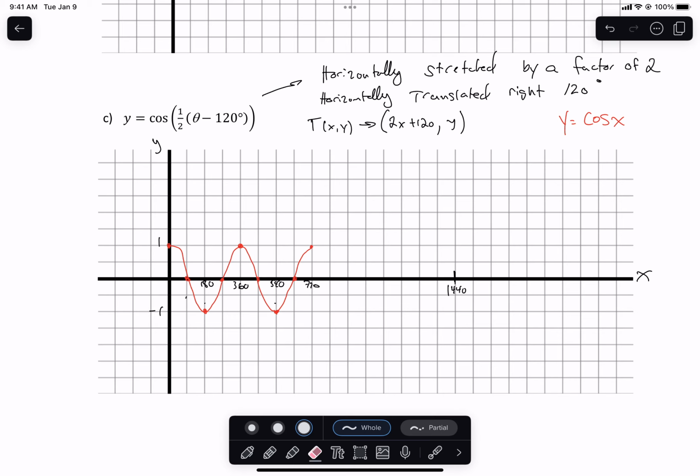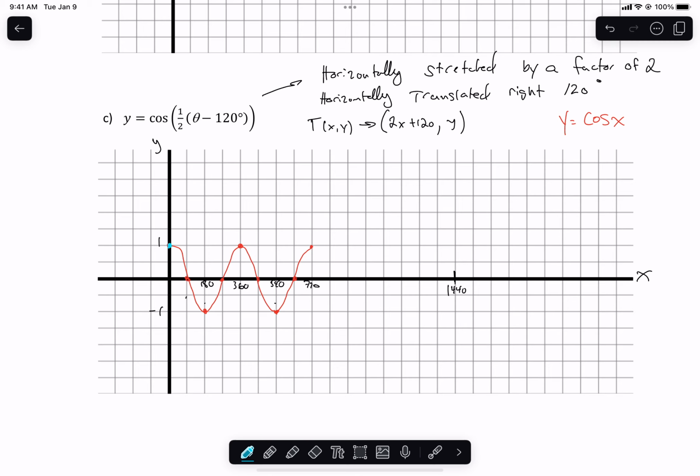Okay, so let's do the horizontal stretch first. We'll take all those points and double them. Okay, so the 90 is going to go to 180, 180 is going to go to 360, so on. And the 720 is going to go all the way down to 1440. They're okay? All right. So that's all I'm going to do here for a second. And then we'll take everything and shuffle them all over 120 degrees. Whatever, that one might be a bit of a guess based on how we've labeled our axes. Okay, so